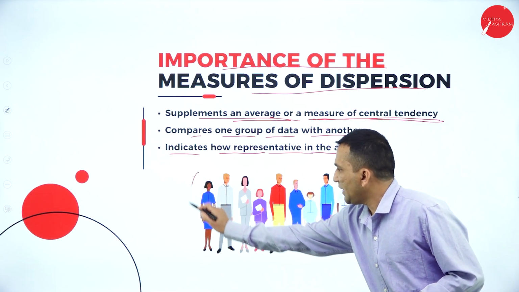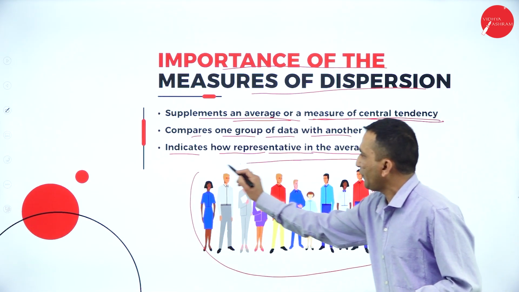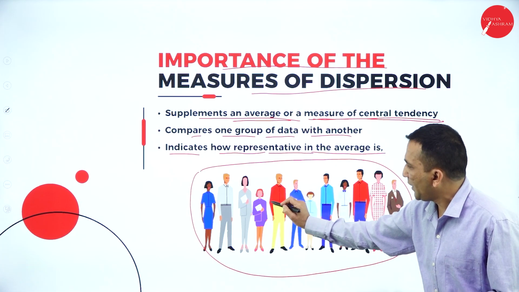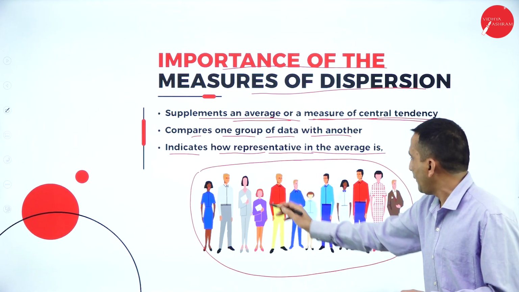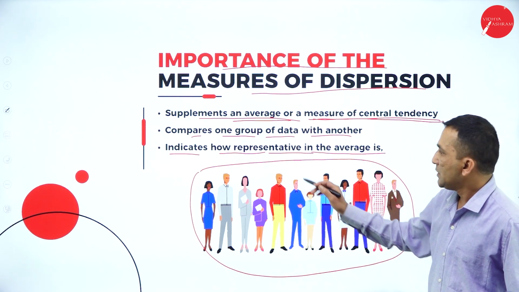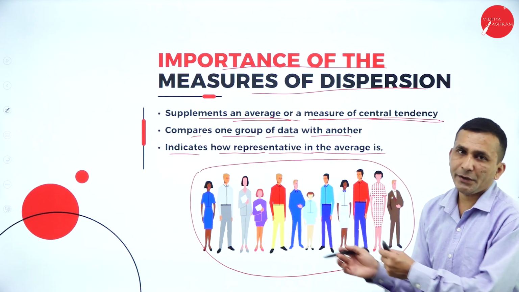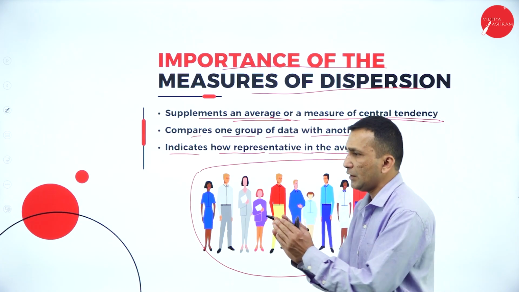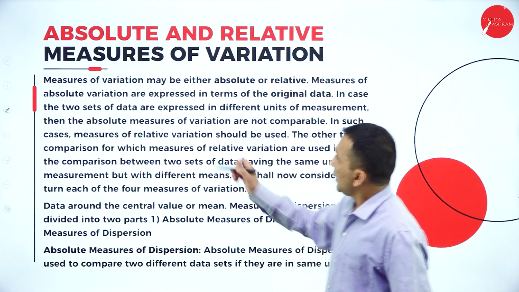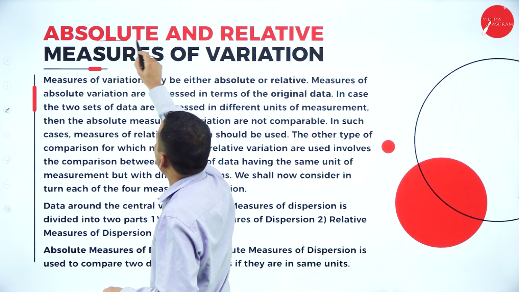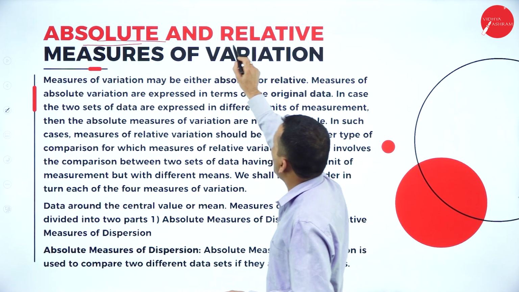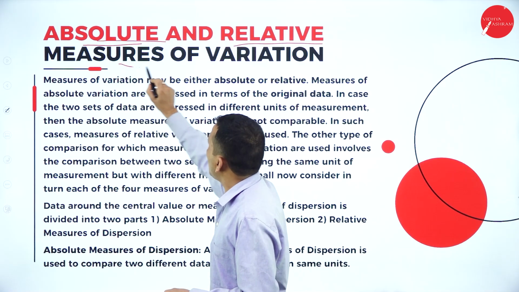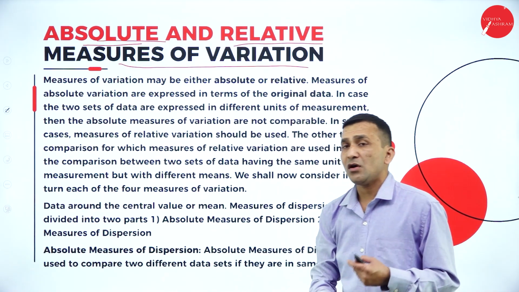Now if you are seeing this graph, you are able to identify kids, male, female, elder, younger, everybody we are able to identify. So that is representative data. Now each and every one we are going to separate. Now under measure of central tendency, a very important concept,